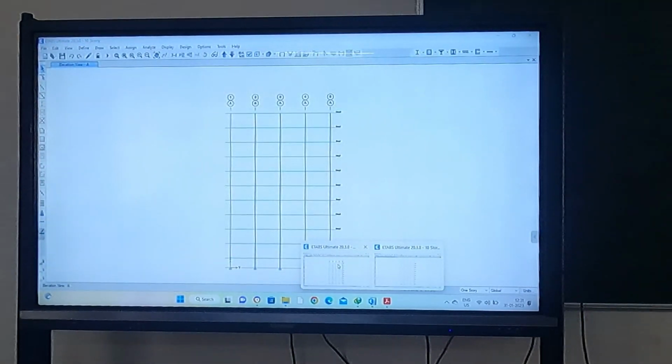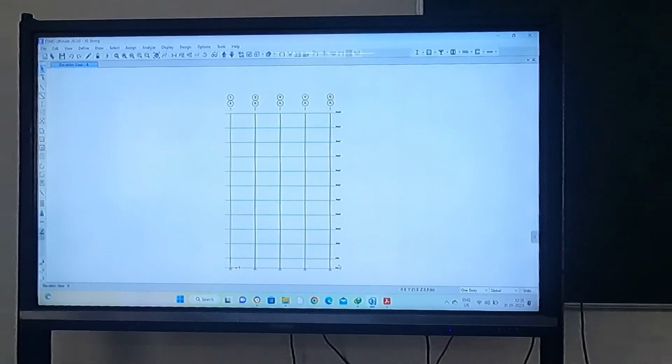We have added wall load, masonry wall loads, everything we have added, but still that will not affect the period. Stiffness of the structure will affect the period. It means in our case the stiffness is less than what is considered in the code formula. This is because the code is giving the conservative result. It can be very less, but on the safer side, not on the unsafe side.